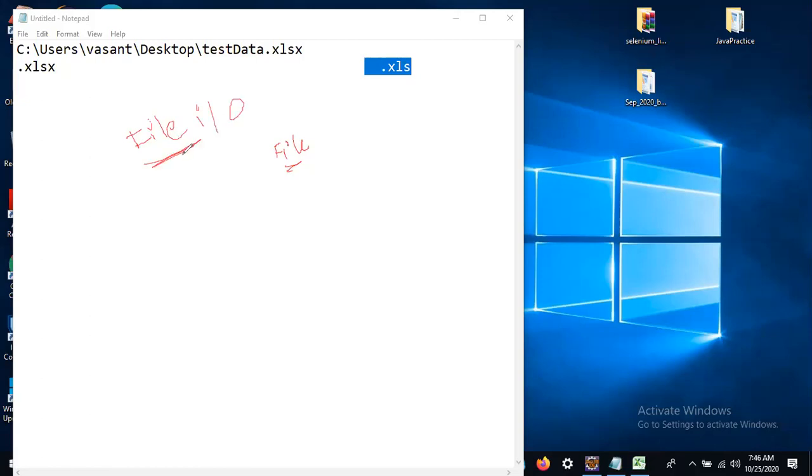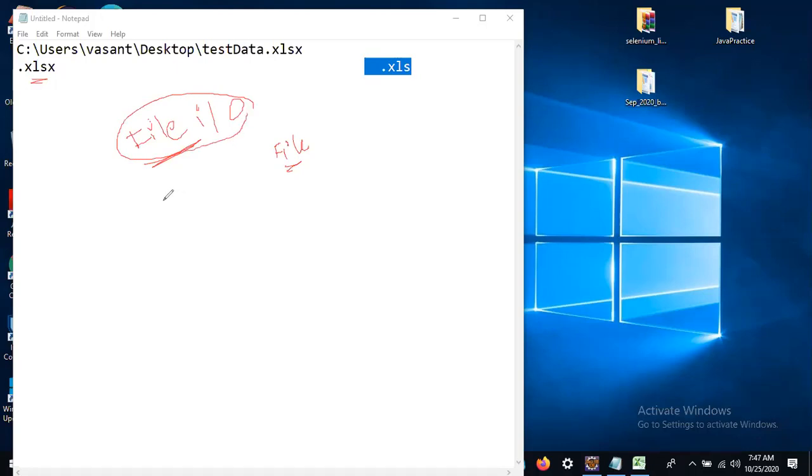What operations do you want to do with the file? This is my Excel file. I want to do input operation and output operation. Input operation means read, output operation means write. So whatever activity you want to do with the file, we use the file IO concept here.